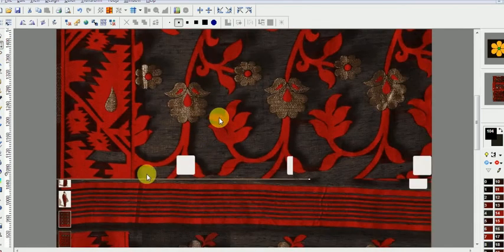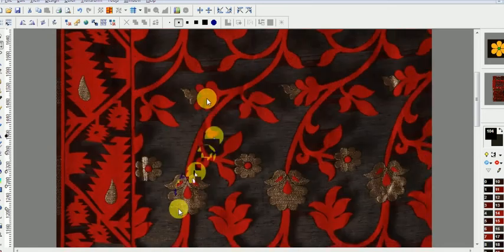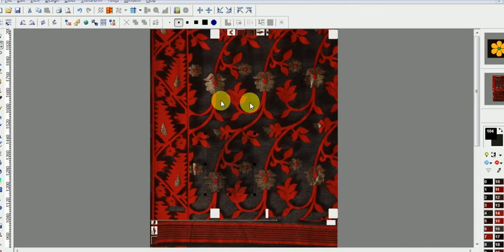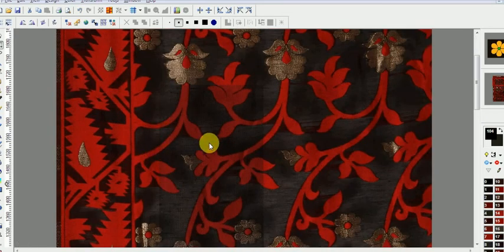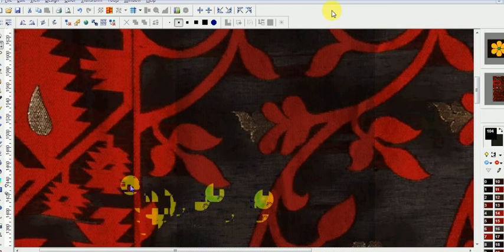Now we are going to edit this body. First I am selecting one repeat of this body design. This is the selection portion. I am just dragging it to another window.